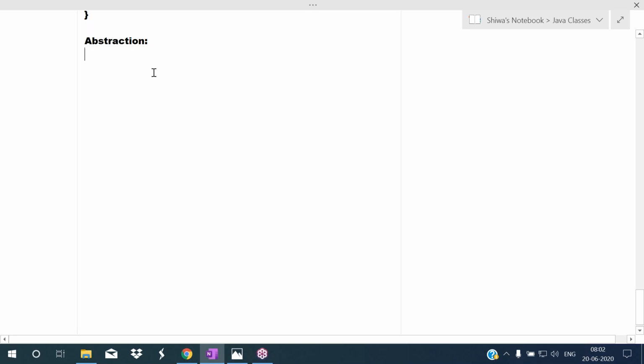So here abstraction means, listen carefully, try to understand the concept: hiding the implementation details and providing the essential details.